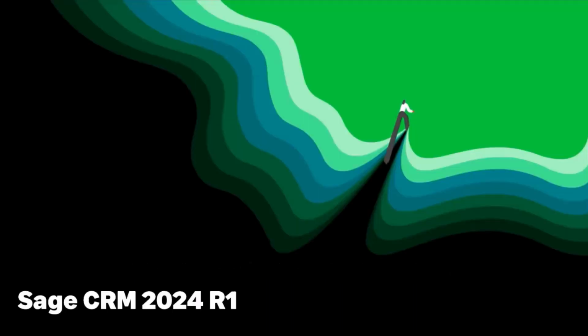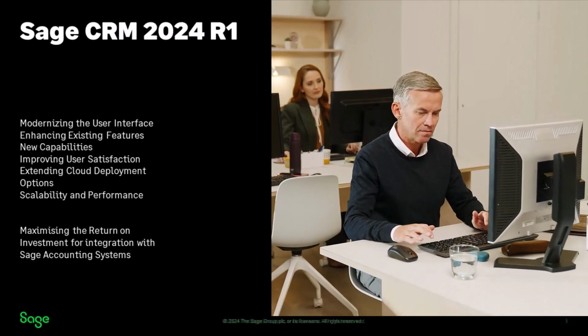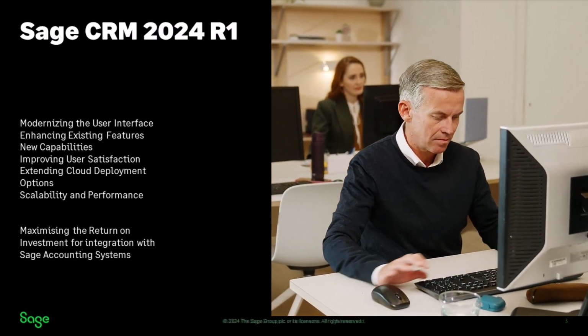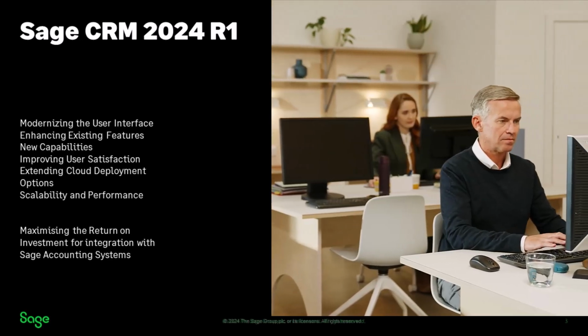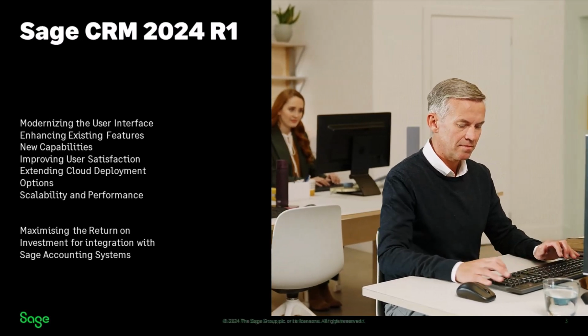Sage is improving Sage CRM by modernizing the user interface. We're enhancing old features. We're adding new capabilities. We're improving user satisfaction and extending cloud deployment options, scalability, and performance. This is